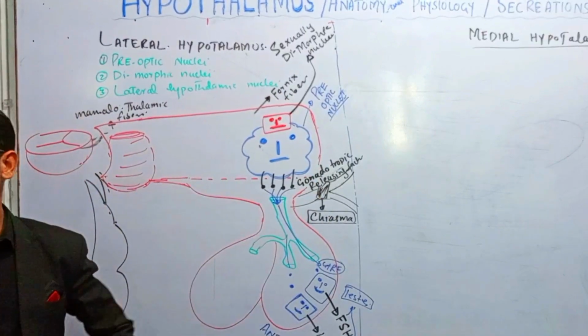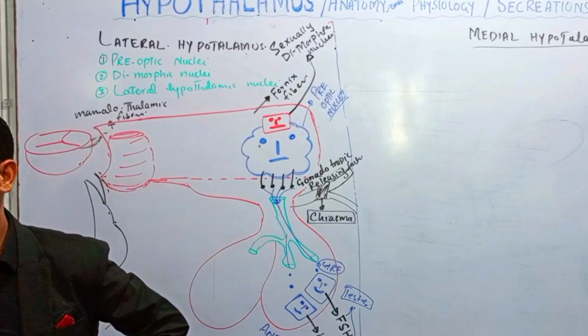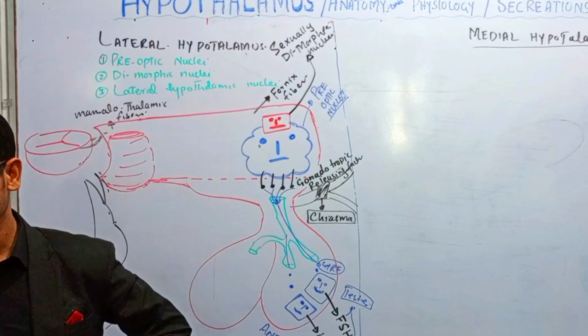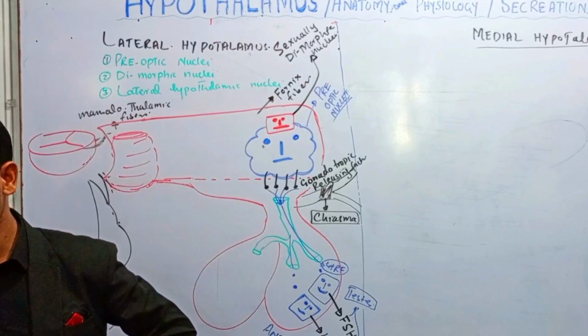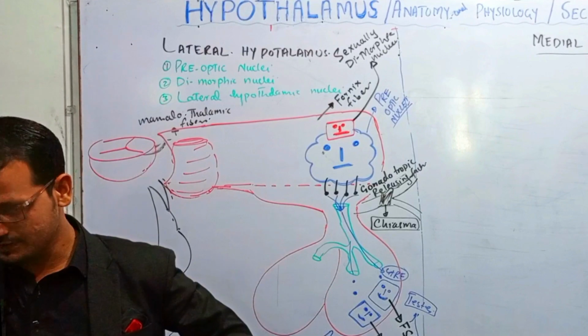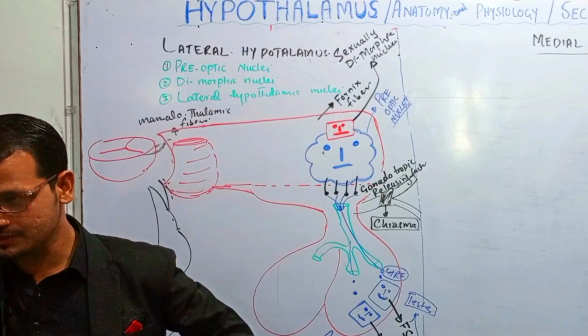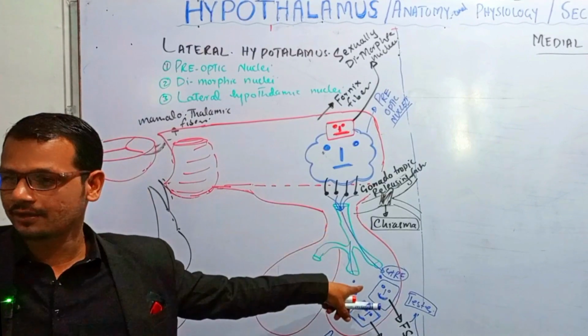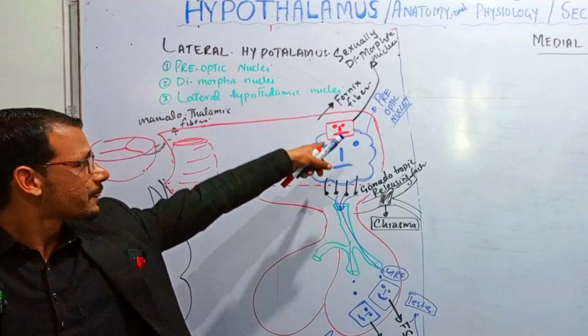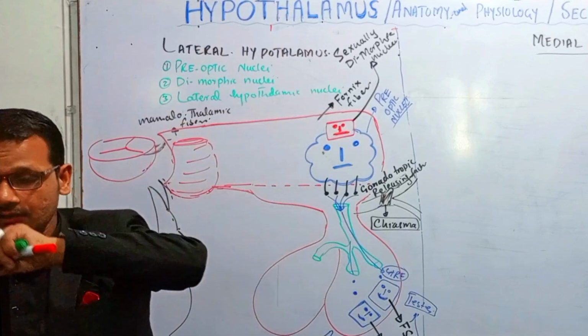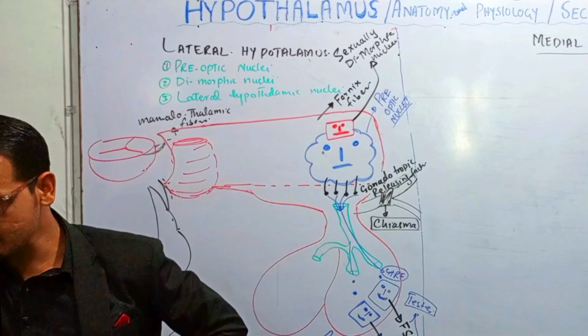We have told at the start that the hypothalamus is responsible for limbic functions, also for autonomic functions, and also for endocrine function, right? So this sexually dimorphic nuclei is responsible for